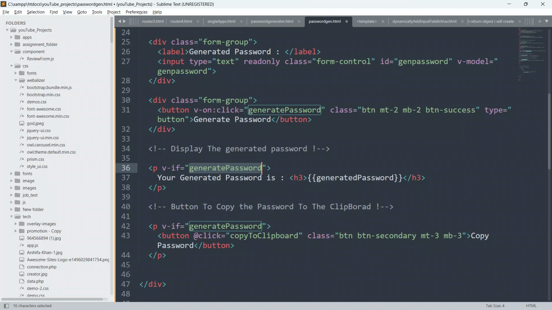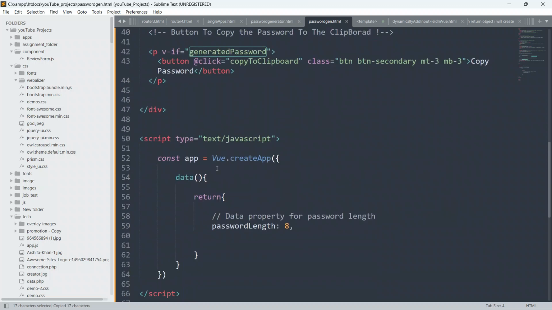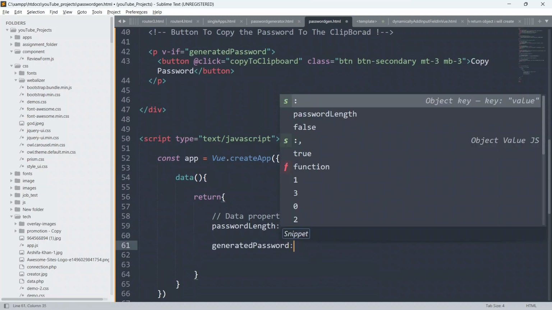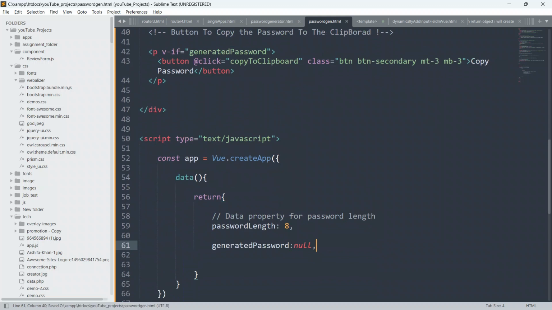This is the variable, or property. So copy it from here, go down and paste it here, and as of now just give null. Nothing, so give null and put a comma.